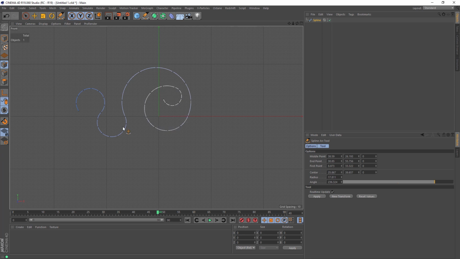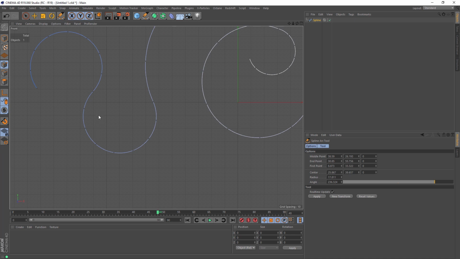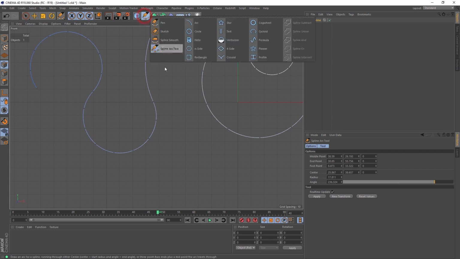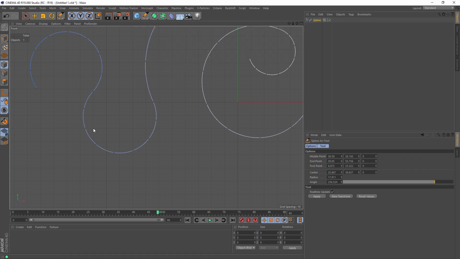Holding the left mouse button, a small twist. And I'd like to create something inside. So I'm holding the left mouse button with the spline arc, drawing the arc and extending it inside, and a small cross arc, and one element here and maybe a few here. Holding left mouse button, drawing a line,